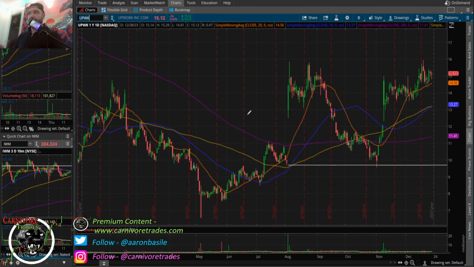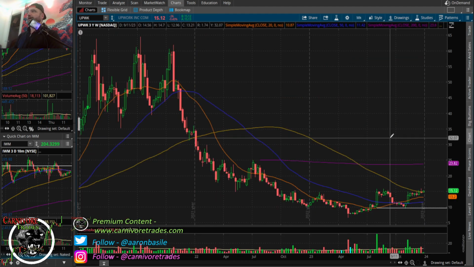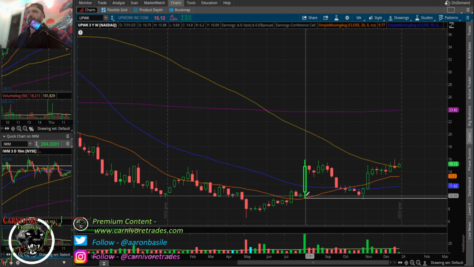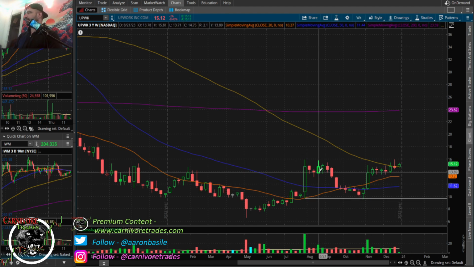If you're looking at a weekly time frame, then guess what? The pattern fails on a weekly close. So 11.08 would be this one, and then the bigger one, the mother bar, would be 968. So you use your stop out, your close, based on the time frame that you're looking at. So it's very simple, and that's one of the many reasons why I really like inside bar patterns,